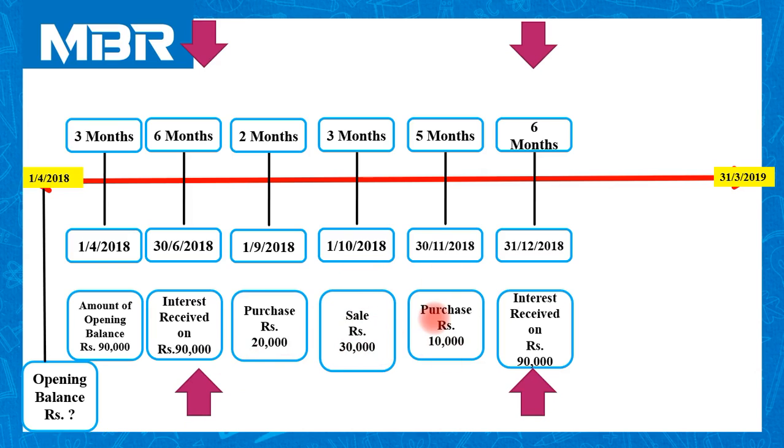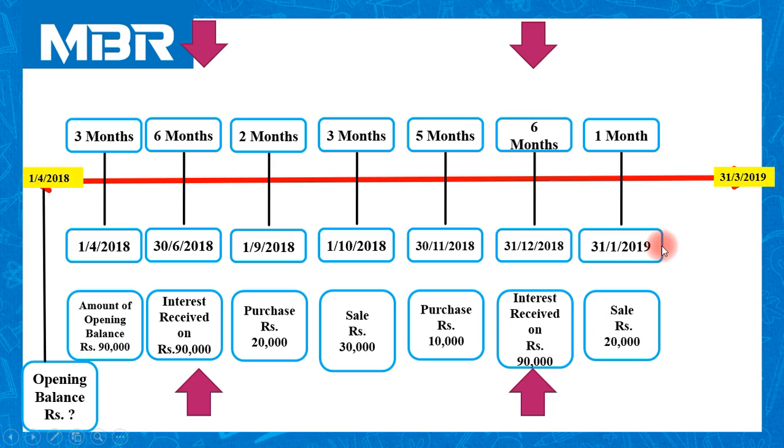And again we have purchased for rupees 10,000 on November 30. So 80,000 plus 10,000 equals to 90,000. So on December 31st, 2018, that is the date of interest, we are the owners of the security worth rupees 90,000. So we are in receipt of the interest for the period of 6 months on the security worth rupees